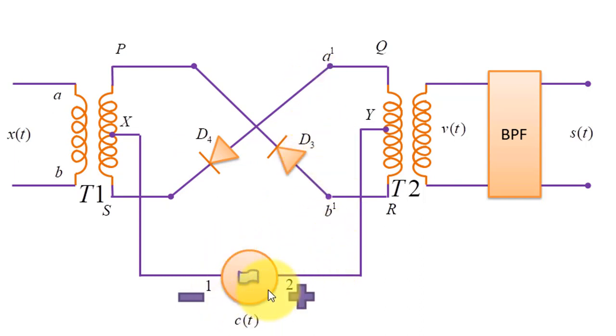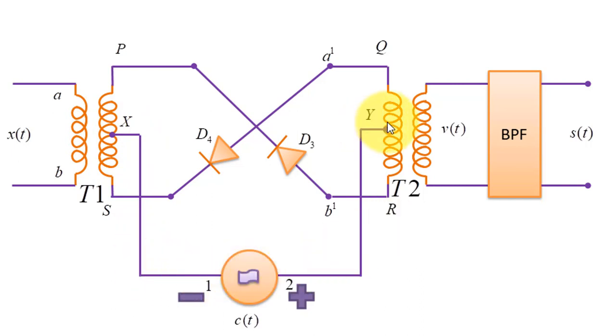So this is the polarity of your carrier signal. Our signal will follow this particular path. Please follow this pointer. The signal will flow through like this. After this, it will come over here. Then in this case, your D3 will conduct, and via this path it will end up over here.